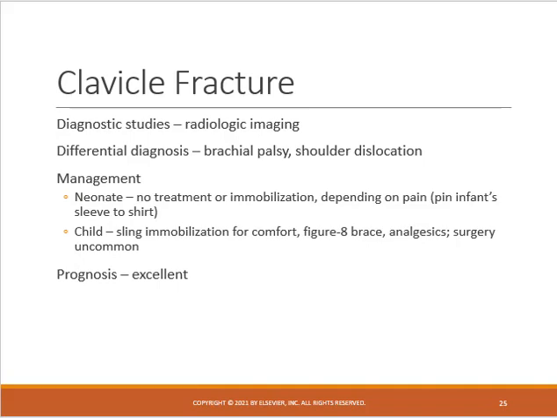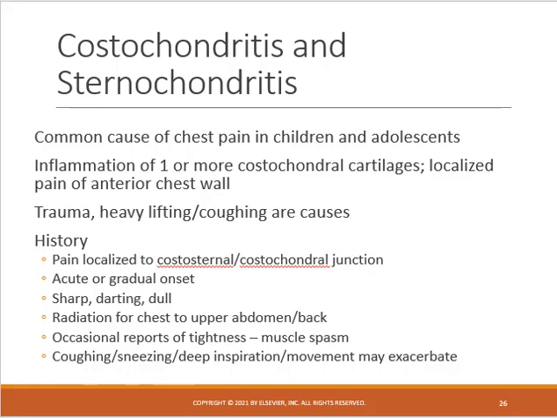Radiological imaging will help in the determination of the fracture. In babies, no treatment or immobilization is needed. You can just pin the infant's sleeve to the body of the shirt. With children, sling immobilization for comfort, a figure 8 brace, and some analgesia. Prognosis is good. Next, we're going to talk about costochondritis and sternochondritis, and it's one of the most common causes